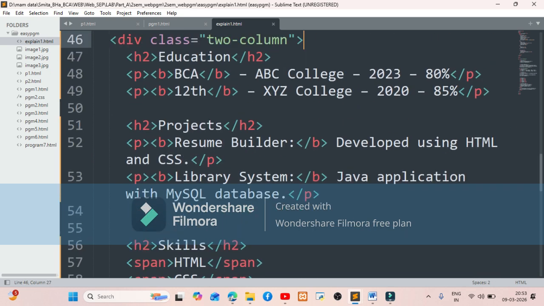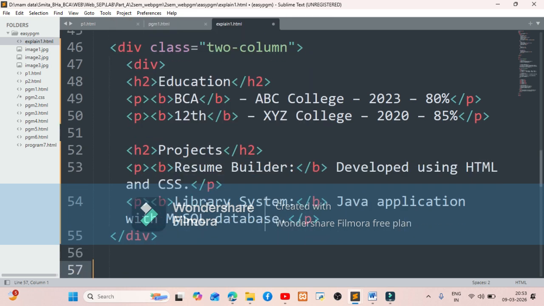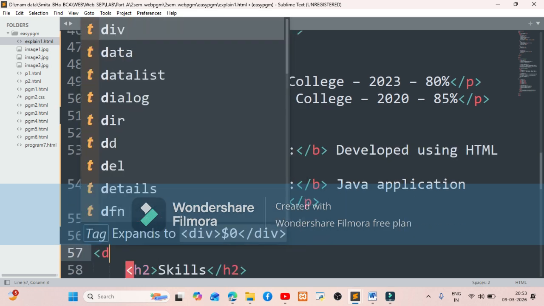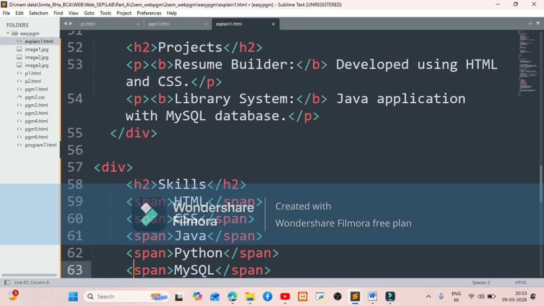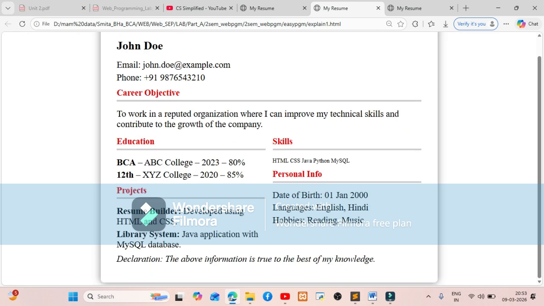So let's group them together. This is div class two column. Under this we are having div and two h2s. We close the div tag. Once again, before this h2 we open a div tag and we close the div tag just before the main div. Control S. Let us see what happens after making these changes. So can you see now? Now the information is displayed in a proper, readable format, and at the same time it is better than the previous one, a little more attractive.